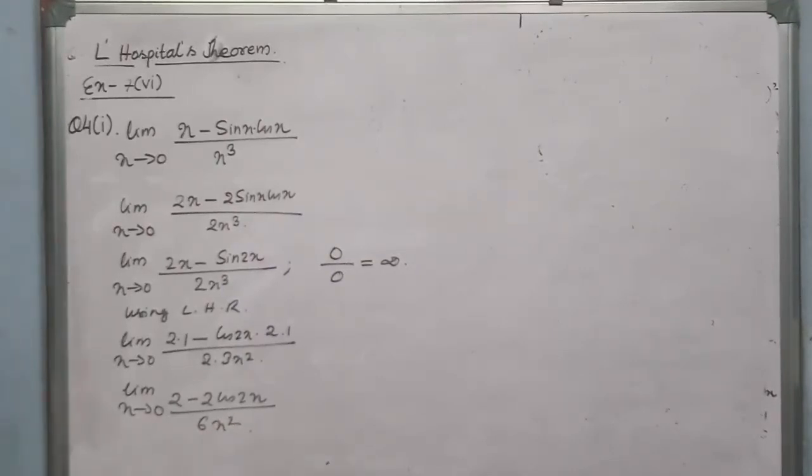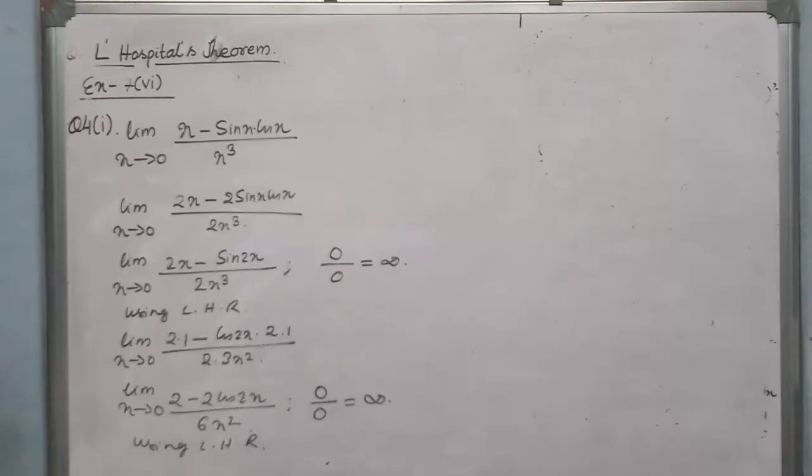Now again I'll substitute the value 0. Still in the denominator x square is there, so definitely we'll get undefined over here. 2 into 0 is 0. Cos 0 is 1. 1 into 2 is 2. 2 minus 2 is 0. 0 square is 0. Again undefined. What will we do? Using